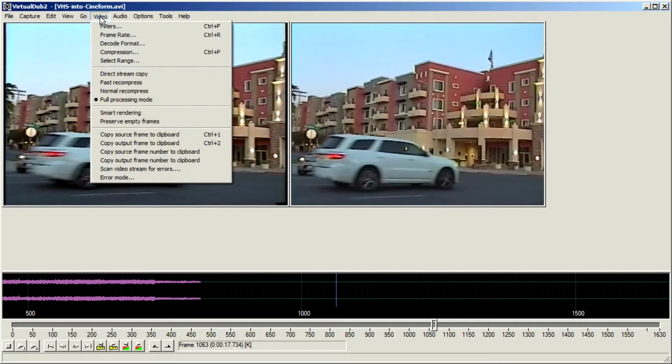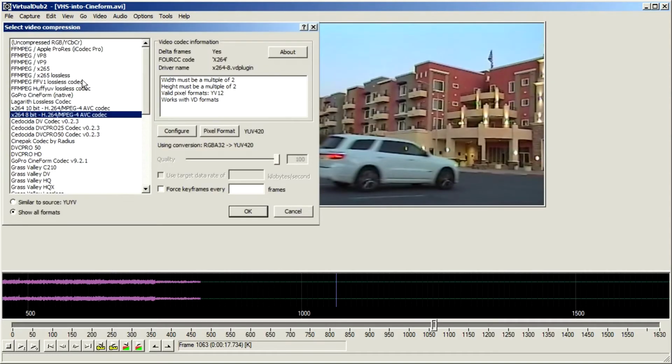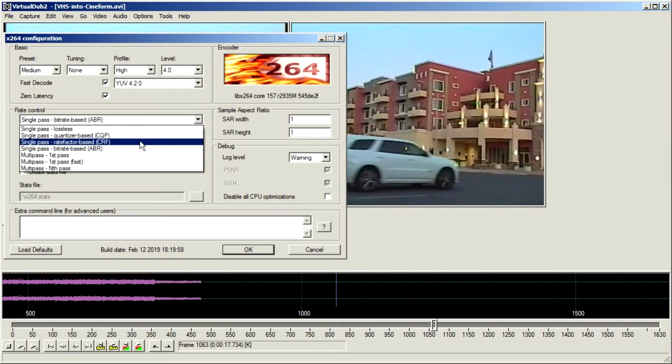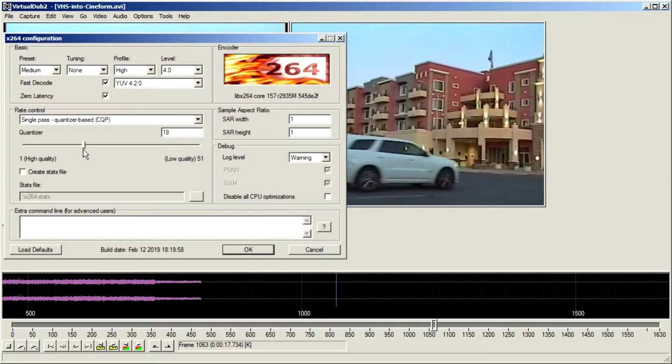Now let's choose the encoding format for the final render. AVC, also known as H.264, is a popular option. Choose 8-bit variant for better compatibility. Specify either desired quality level or bitrate. Do not forget a very important setting, sample aspect ratio, also known as pixel aspect ratio.